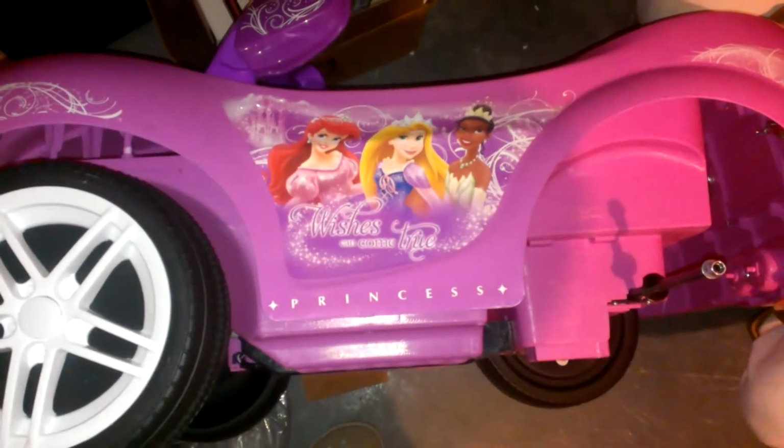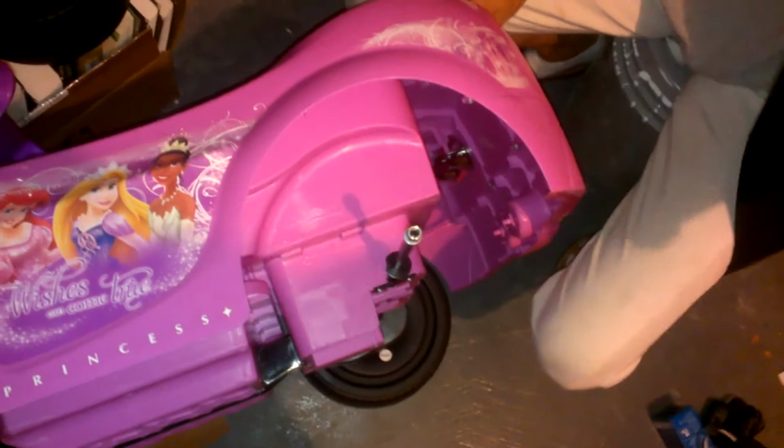We are assembling the Motor Trend's Disney Princess 6-volt electric car. We've already put on the other 3 tires. You put on the front 2 first, and then you put on the rear. They give you this